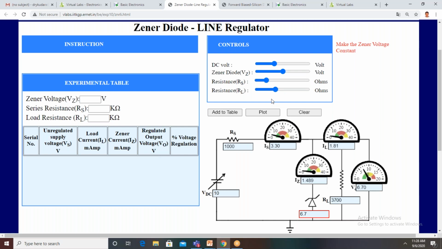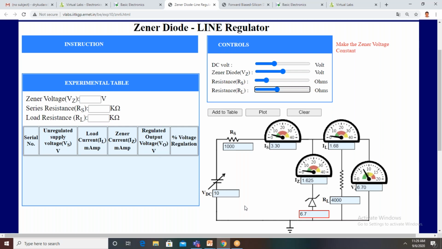Here I am setting it to 4 kilo ohms. So your series resistance is 1 kilo ohm and load is 4 kilo ohms. Just by varying this voltage, we can observe whether the GNR voltage is maintained constant or there is any deviation. That shows the line regulator.